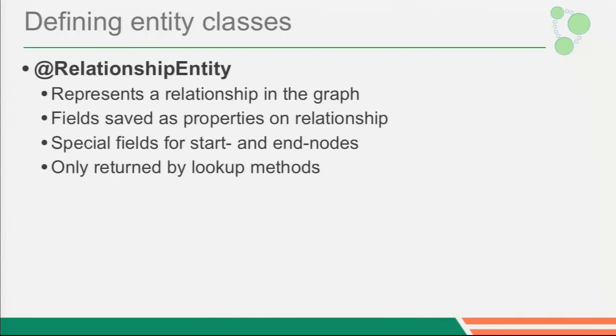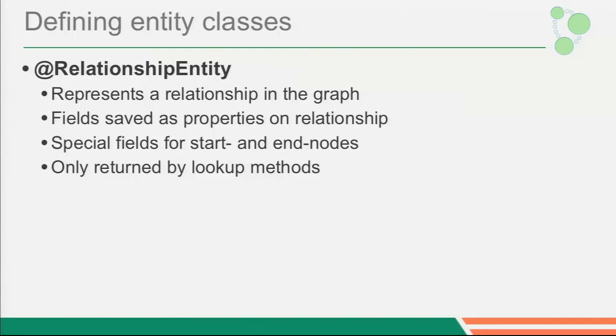Then there's also relationship entities, which might be unusual and interesting. As Emil said, we can store as many properties not only on nodes, but also on relationships. So that means relationships in a graph database are a first-level citizen in the data structure and actually in the database engine. That means we should also have support in an object graph mapping framework to support relationships as first-level entities. So if I have a domain model where the entity is actually so important that I want to represent them as entity in my object model as well, then I can do that by annotating it with relationship entity.